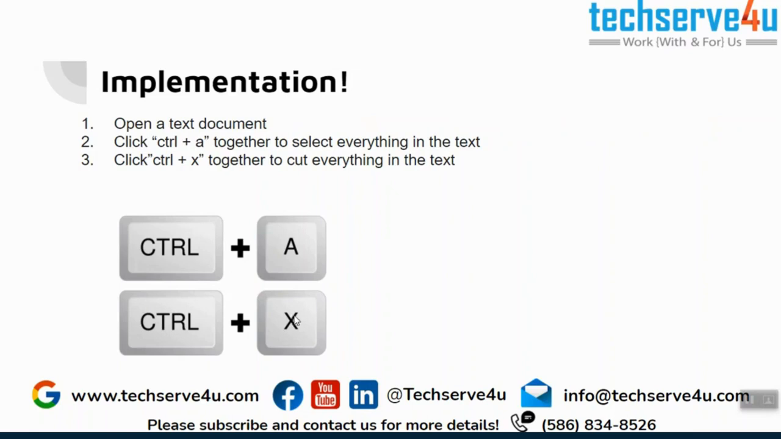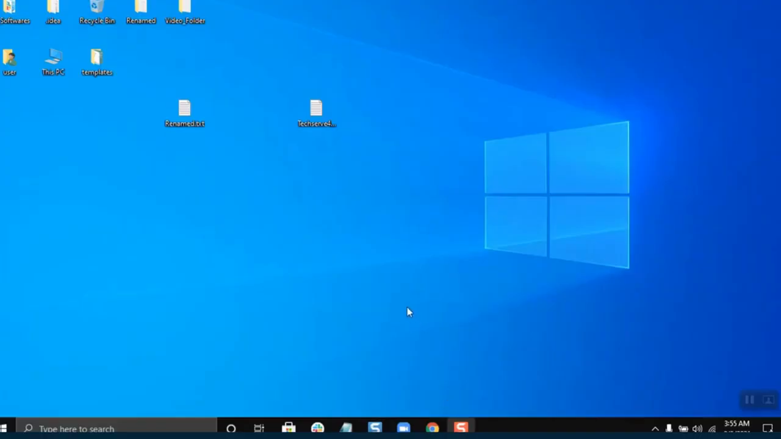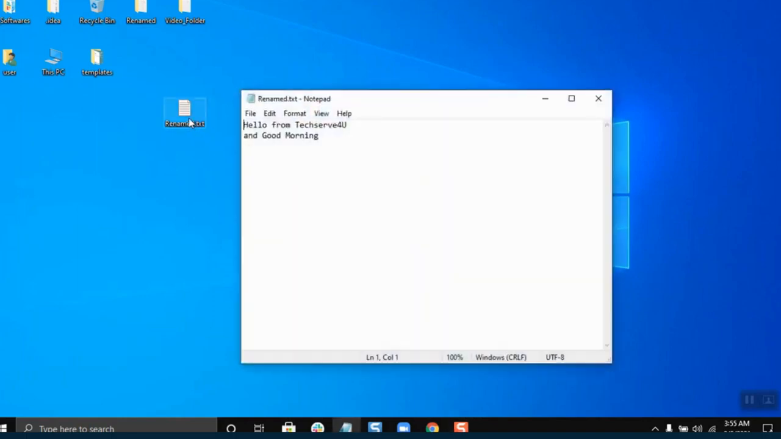Now let's get started. So now we are back at my desktop and we have this rename.txt file. If I open it and I want to select everything in this text file, I just have to press Ctrl A. Now everything is selected. Now if I want to cut everything from this text file, I need to use Ctrl X, and now